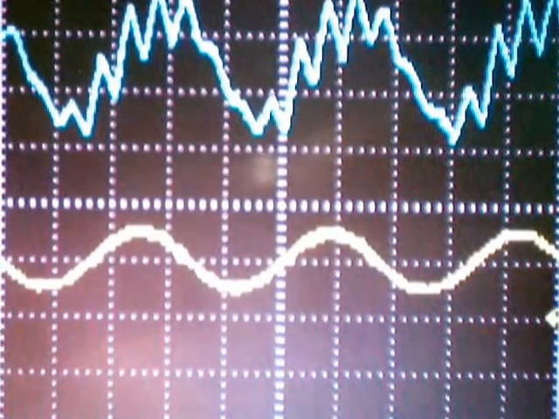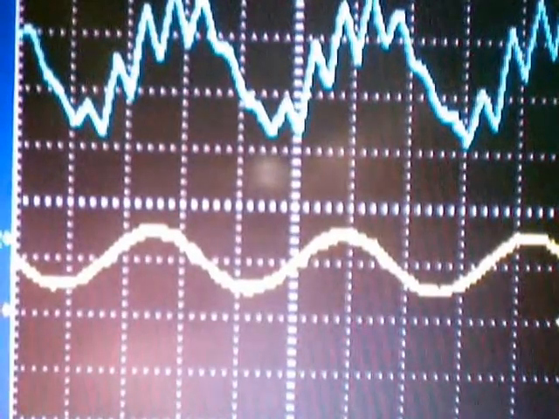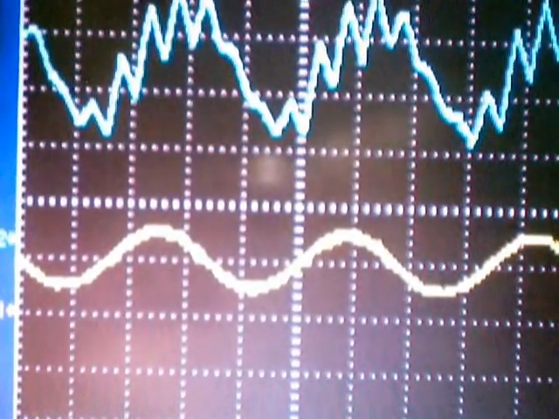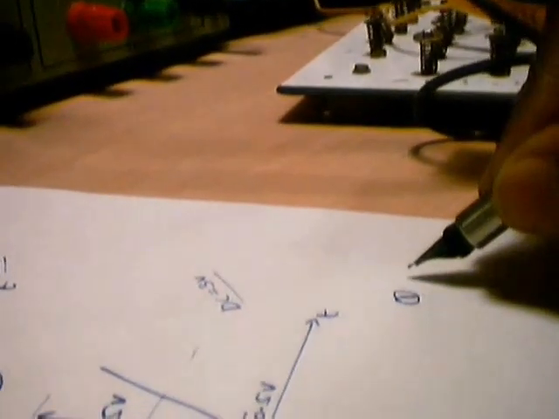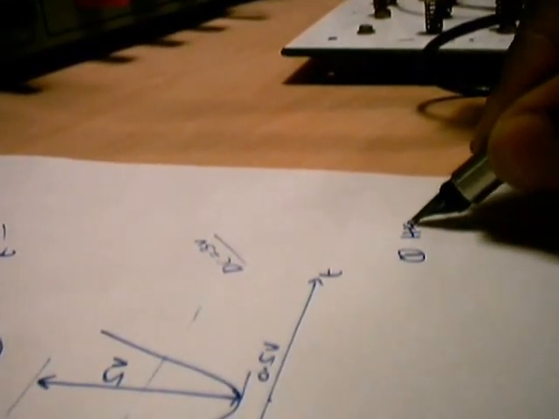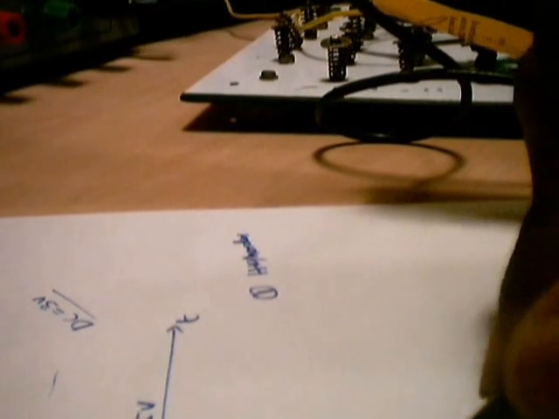This ripple is there because at this carrier frequency I'm not having too many samples per cycle, so I can reduce the amplitude of the ripple in two ways. One way of reducing the amplitude of the ripple is to go for a high order filter. So the order of the filter has to be increased. Now my modulating signal is at a frequency around 600 Hertz. So this is my 600 Hertz modulating signal.